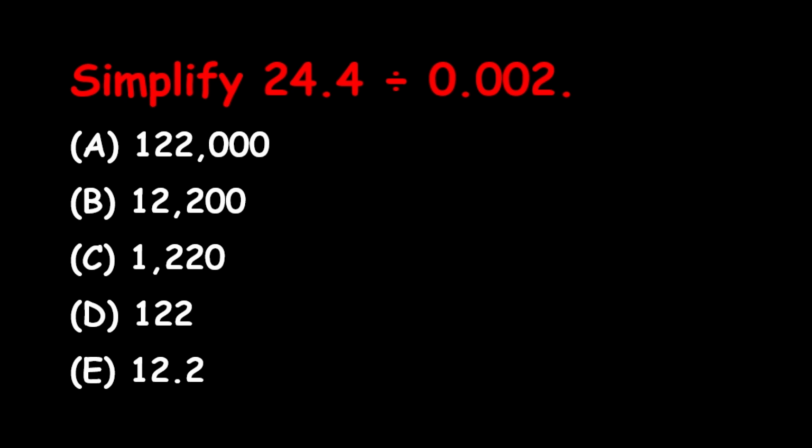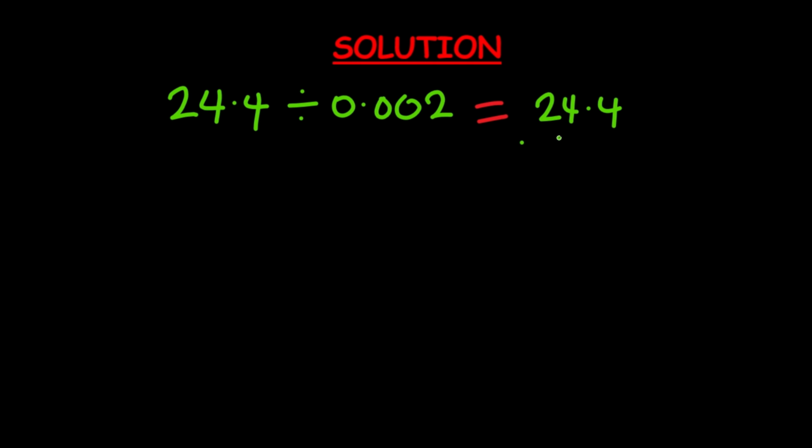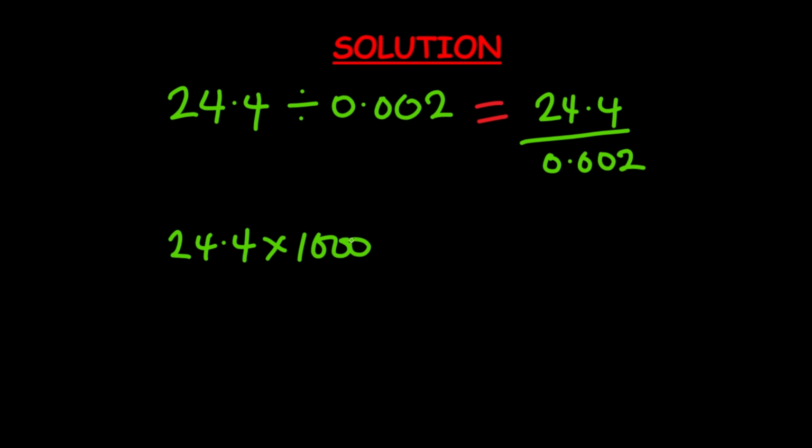Simplify 24.4 divided by 0.002. Solution. To simplify 24.4 divided by 0.002, multiply the numerator and denominator by 1000, which is equal to 24.4 times 1000 divided by 0.002 times 1000, is equal to